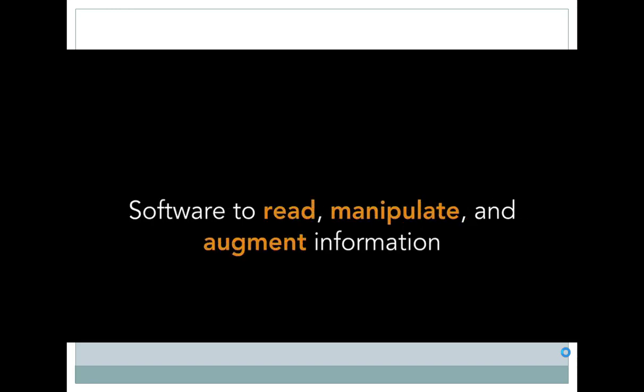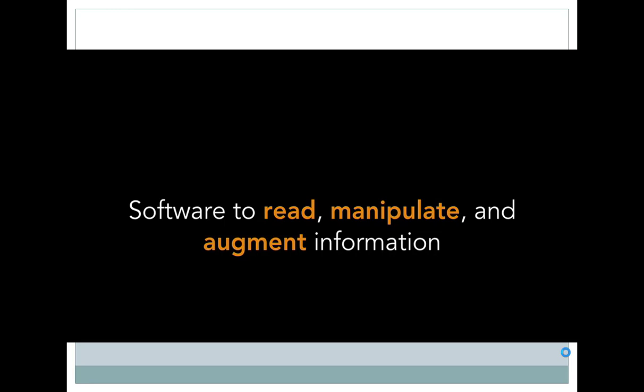It will show the requirements for user-supplied data. It can also detail the software solution to read, manipulate, and augment the information provided.